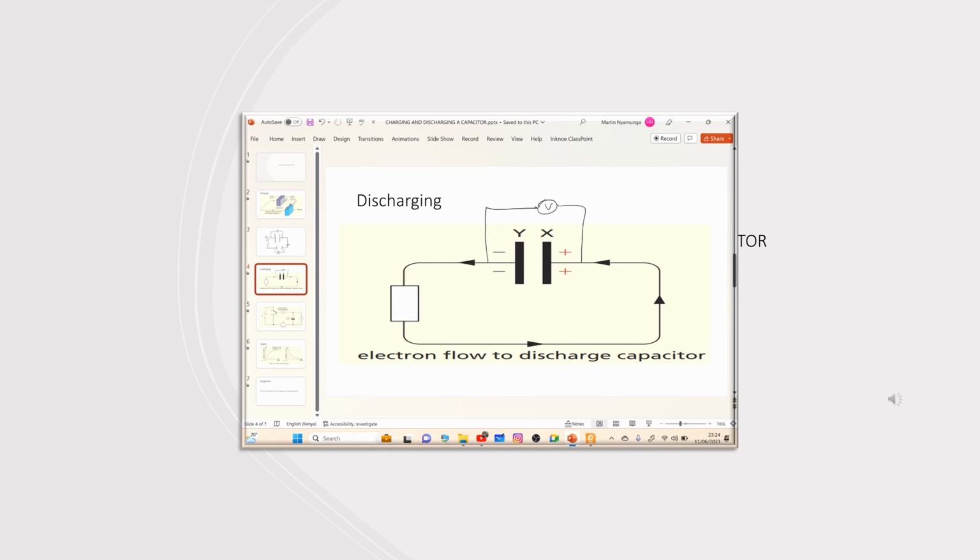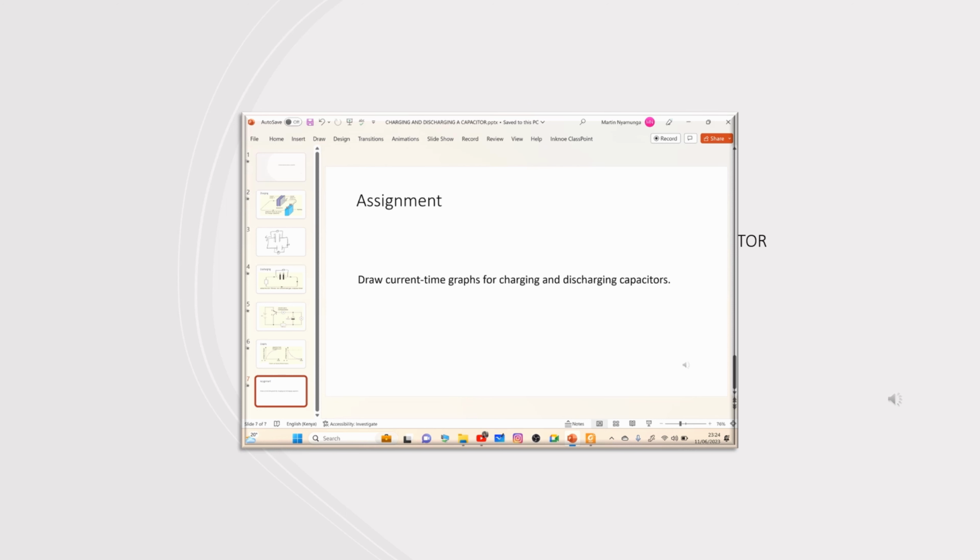Now, viewers, I will leave you with an assignment to draw graphs of charging and discharging for current against